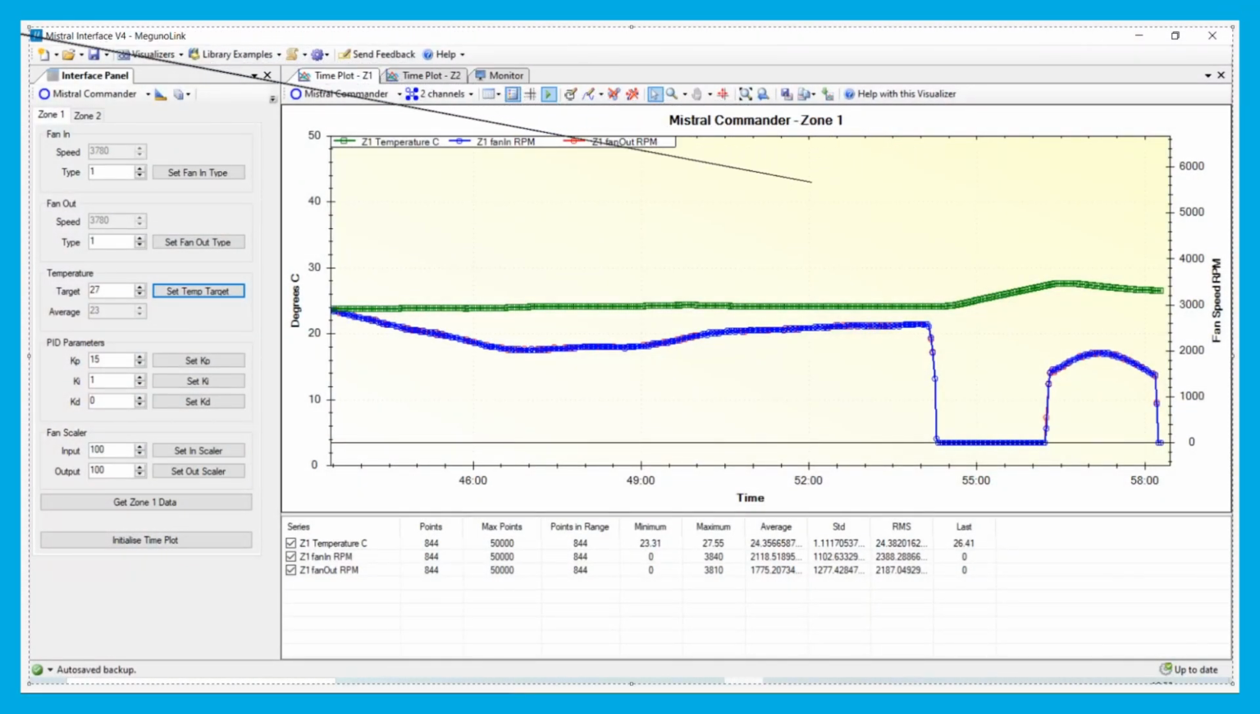Hi, in this quick video I'm going to show you just very quickly how to set up the Mistral Commander software. When you connect the software to the Mistral Commander via USB, the final step that you need to do is select, up in this top left hand corner, the COM port that you are using. Select the COM port, press connect, and you will start to immediately see data coming in the time plot and